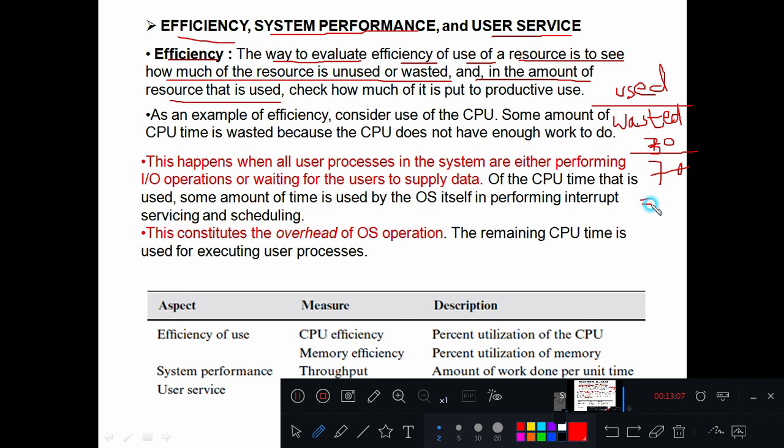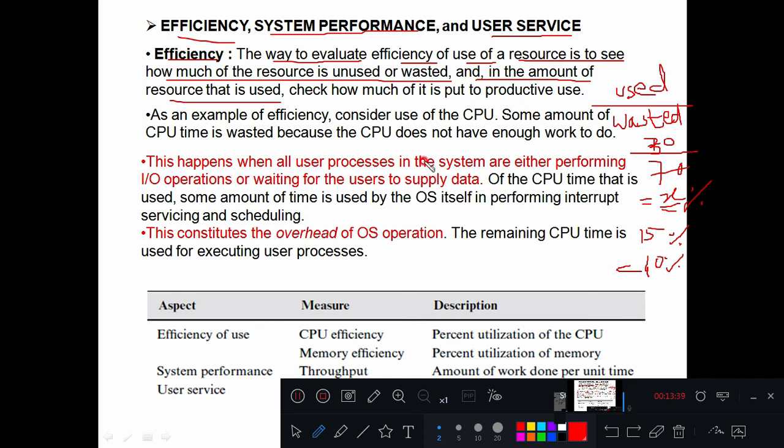So if I find the ratio, let us say some x percentage, I don't want to calculate that, okay? If I get some x percentage, then I can say the efficiency of that particular resource is x, right? So if it is 15%, you will get around 40%, right?